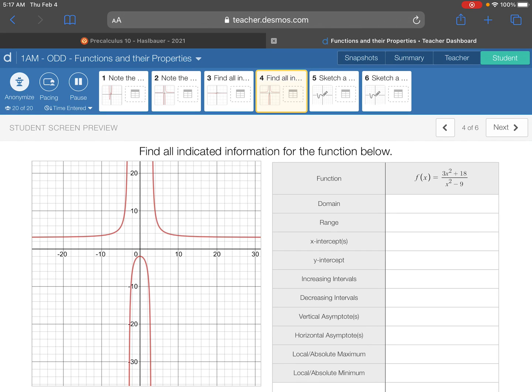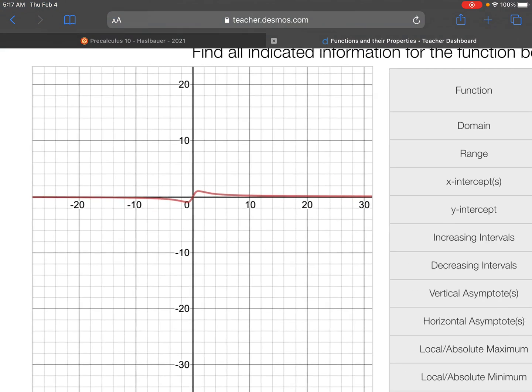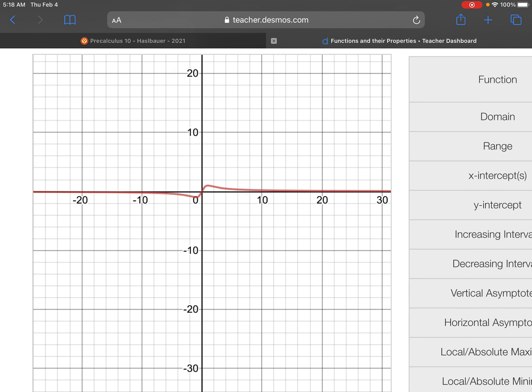Okay, gentlemen, today we're going to look at even and odd functions. So I'm first going to look at our functions from the async 2.11 that we looked at the other day. Looking at slide 3 to start, we can see that this function, which you had to describe,